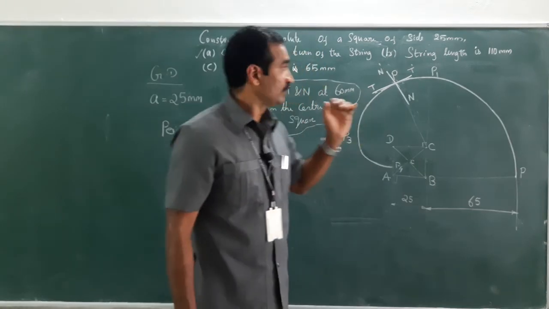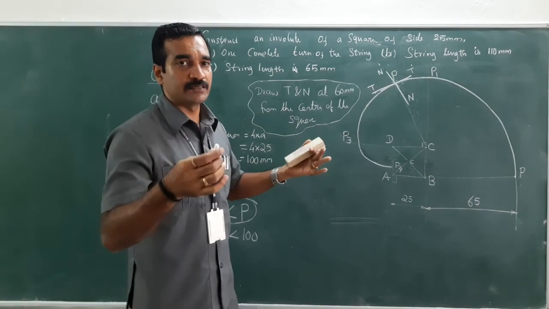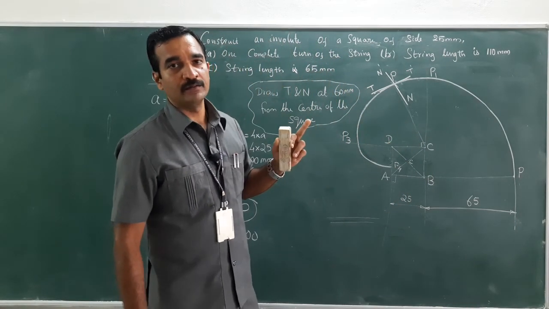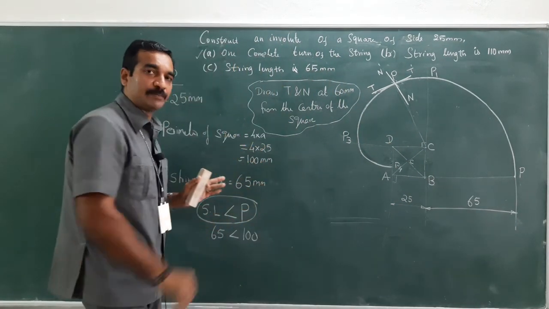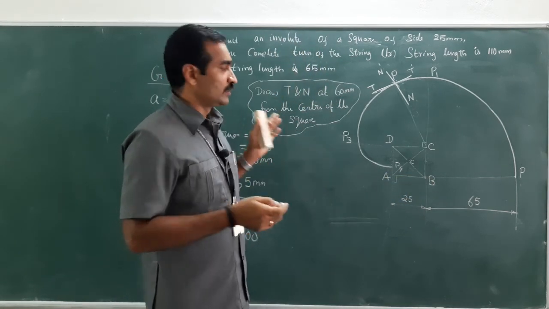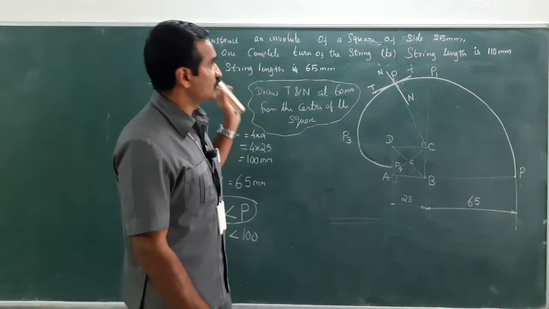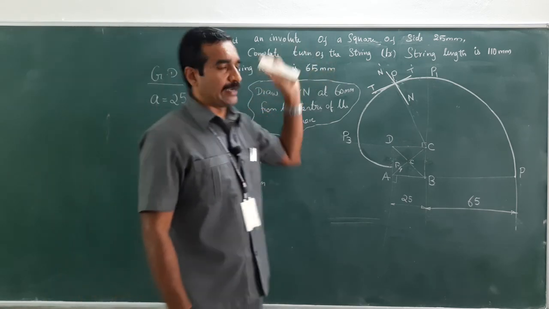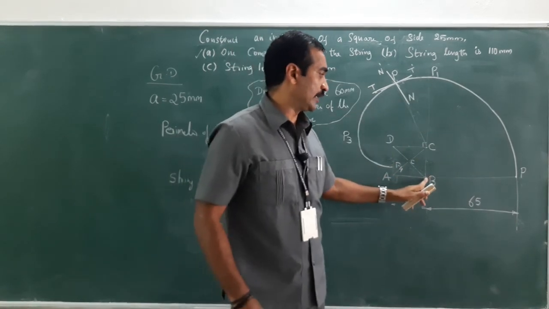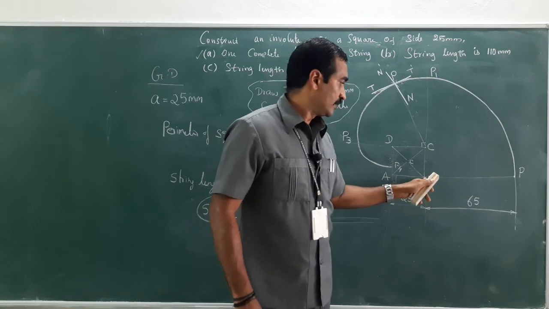Accordingly, you just proceed and check the perimeter and the given length. If it exceeds, definitely it will go more than one winding. If the string length is lesser than the perimeter, definitely it won't end where it started. That means there will be a shortage of string length, so it won't complete one full turn. Suppose the string length is not given and one complete turn is specified, then you will get the full turn where you started. If you start from B, the string, that is the involute, ends at point B.